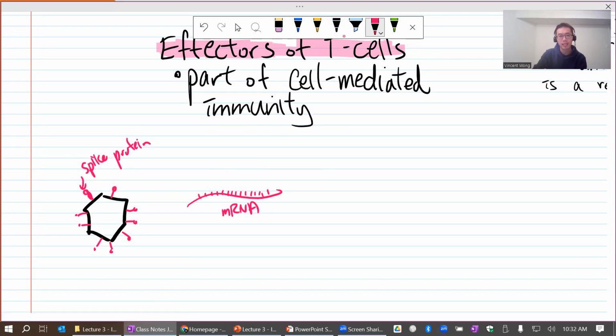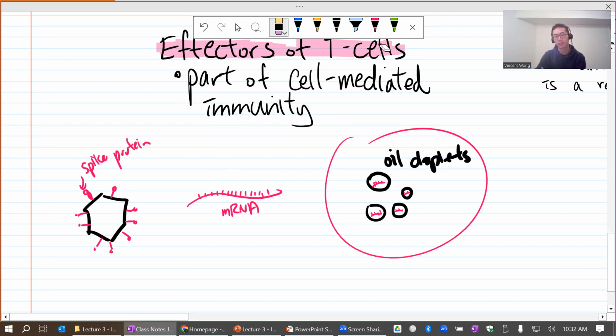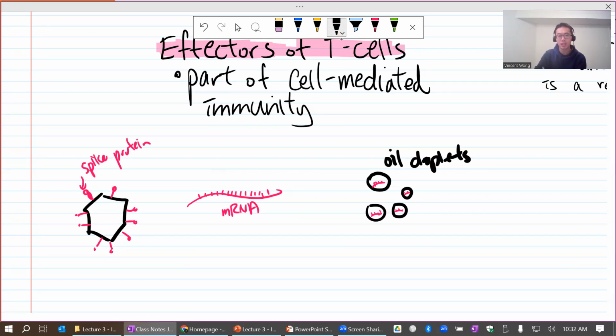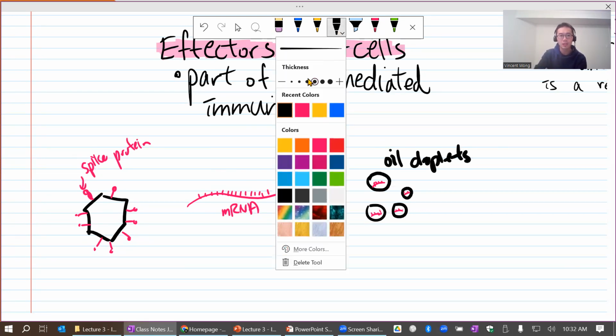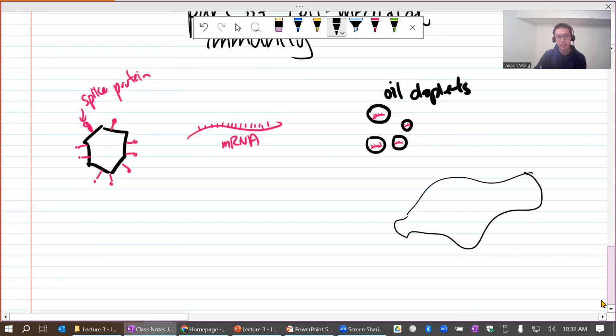So what they did is they protect the mRNA in little oil droplets. This mRNA technology has been around for quite some time, even way before the pandemic. Then they will inject this into your body. Once it's injected into your body, you will have an APC. It's not quite the macrophage in this case, but it's the same principle. The mRNA will go into the APC,